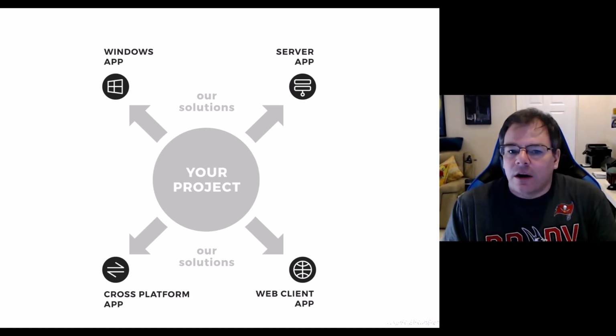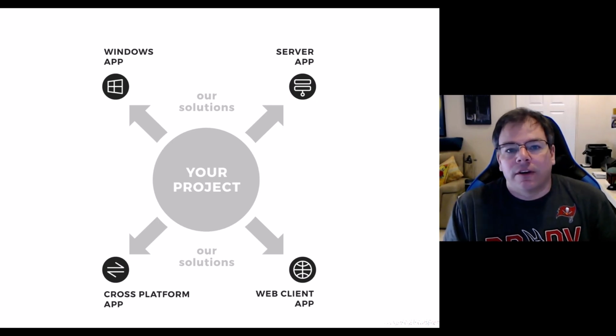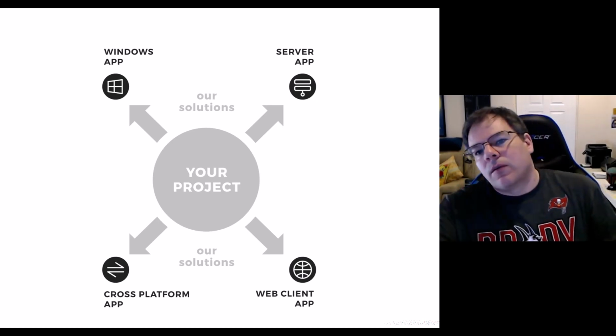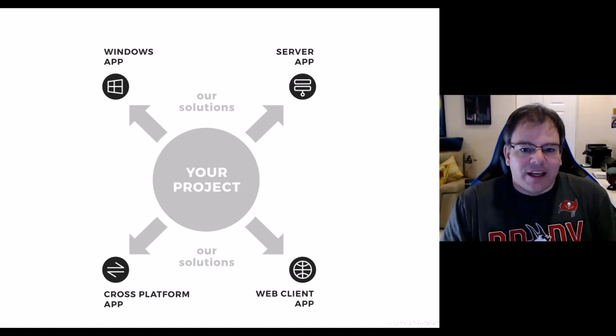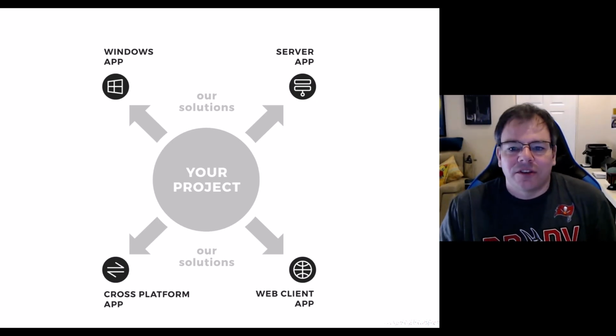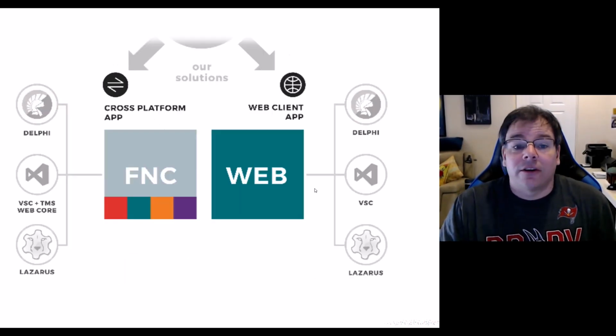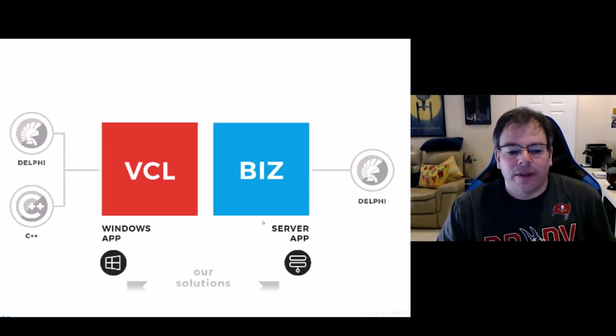If you have a Windows desktop application, you go up left. Or if you want to develop something for a server, you go up right. So really, these are the 4 options. And then depending on those options, you get the frameworks or the product categories to look into. So let's start with the obvious one, the Windows application.